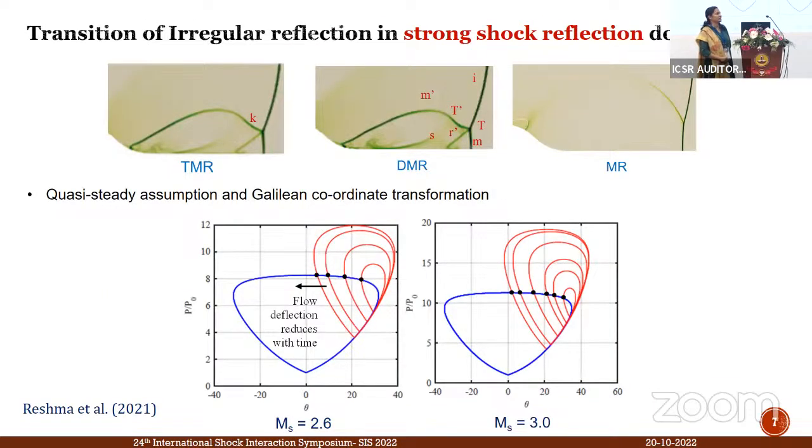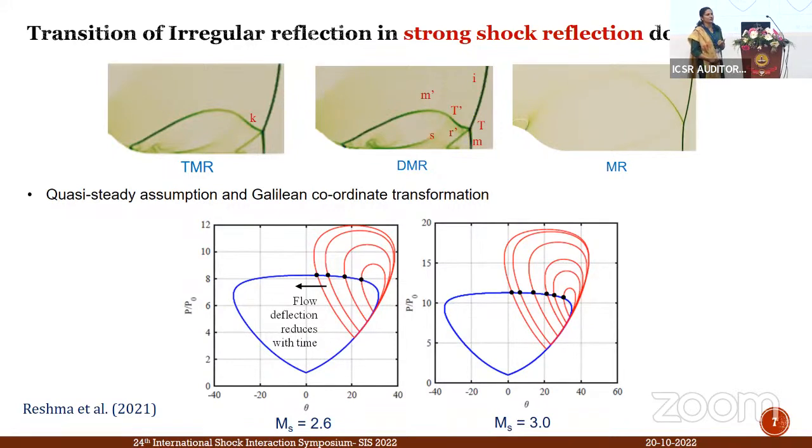not very much quantified as such, but looking at the structure, we could say that these are transitional Mach reflection and double Mach reflections. Now, just as I said, we had to try to quantify these reflections. For that, we have used the quasi-steady assumption. So every instant is considered as a quasi-steady or stationary reflection, and then using Galilean coordinate transformation, we have